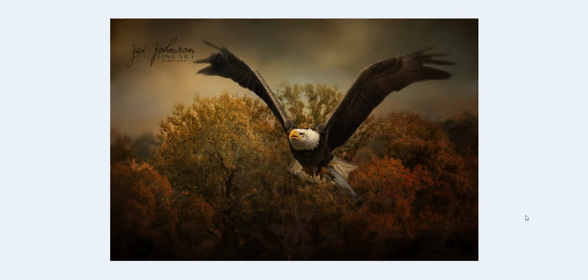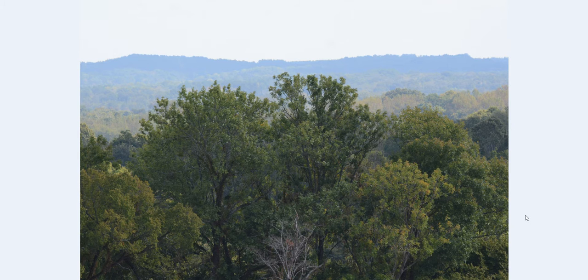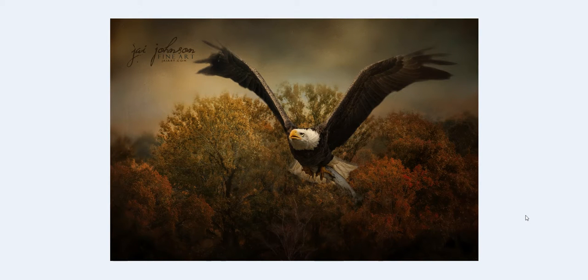And then this is the piece of art that I created with one of Julia's fishing pictures. And remember that first image I showed you right here? This image became the background for this piece of art. Called it Fall Fishing. I really wanted the fall colors in there, so I did some work and used some textures from dailytexture.com to change the tones to fall colors, and then brought her in with her fish to create a very nice piece of art with the eagle with the fish instead of the traditional blue sky background,